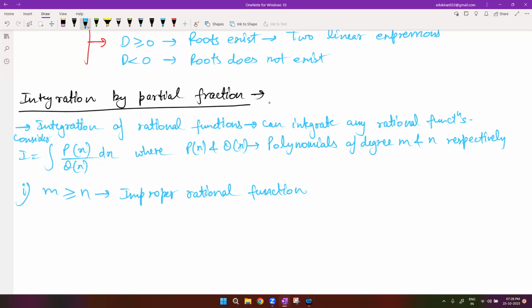So we can change this particular expression px by qx like this. There will be some expression, let's call that fx, right? This will be your